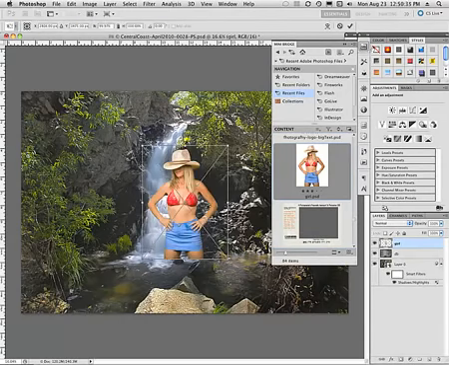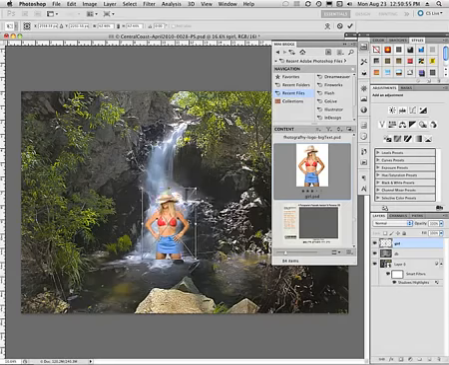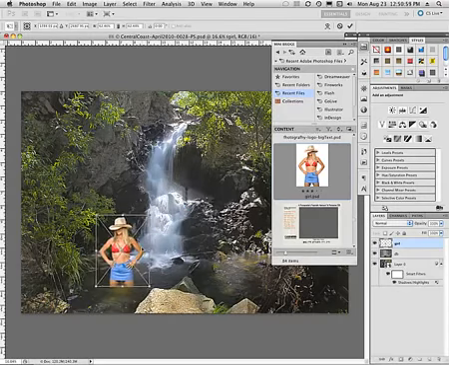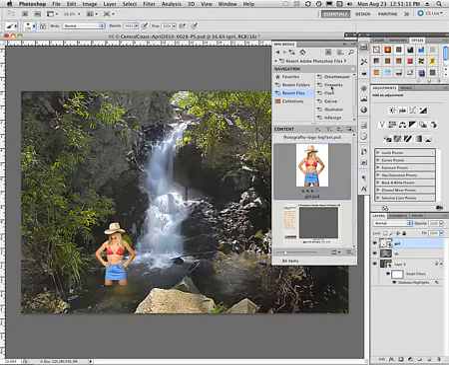Now, you can see a couple of things. One, I've already knocked out the background of this. Secondly, this automatically comes in as a smart object. So what I'm going to do is hold my Shift key down on this image and just grab the corner, and I'm going to shrink it down, and I'm going to put her over here. Shrink her down just a little bit more. Okay, I'm going to click my Enter key in order to accept this,